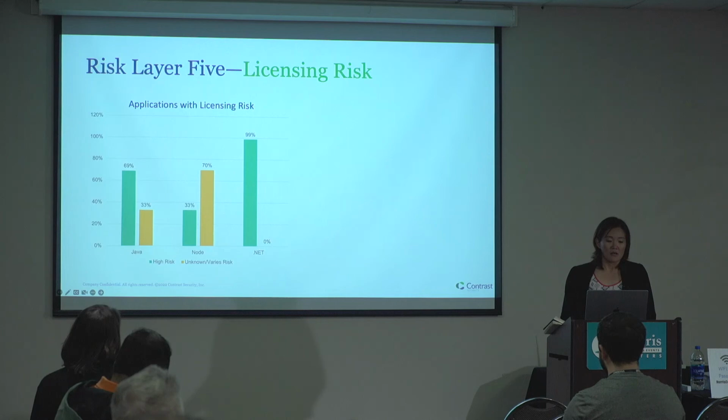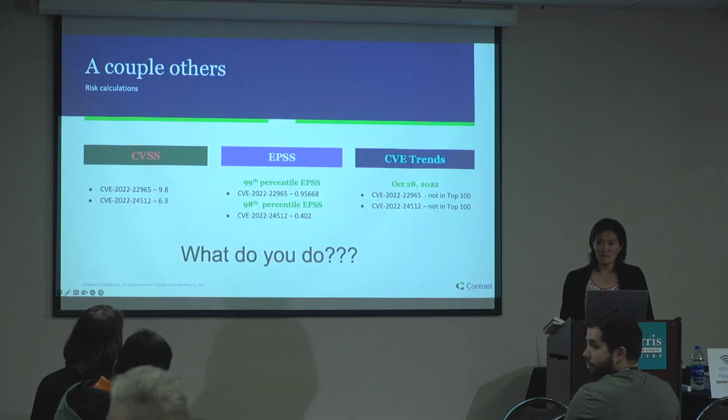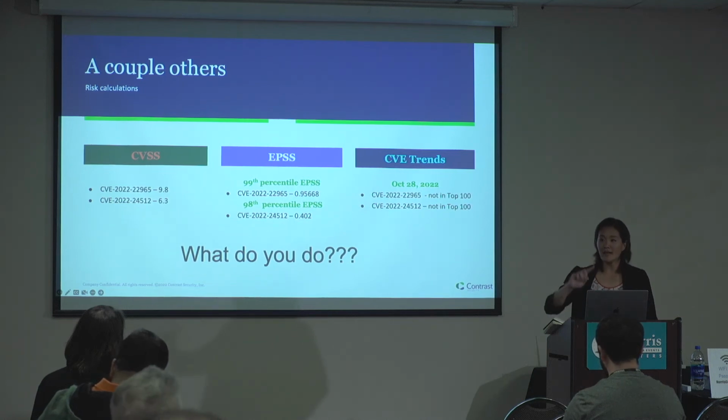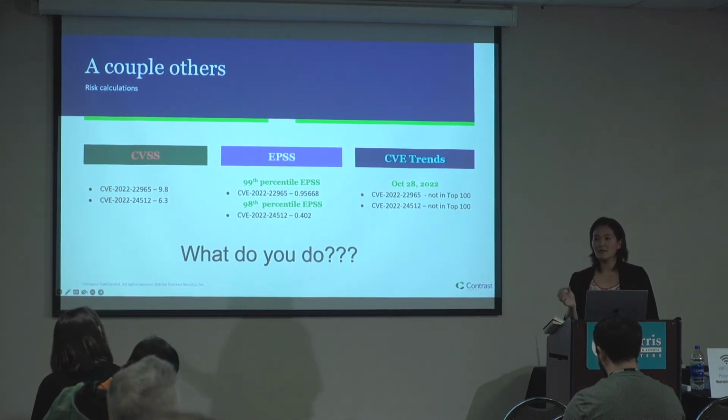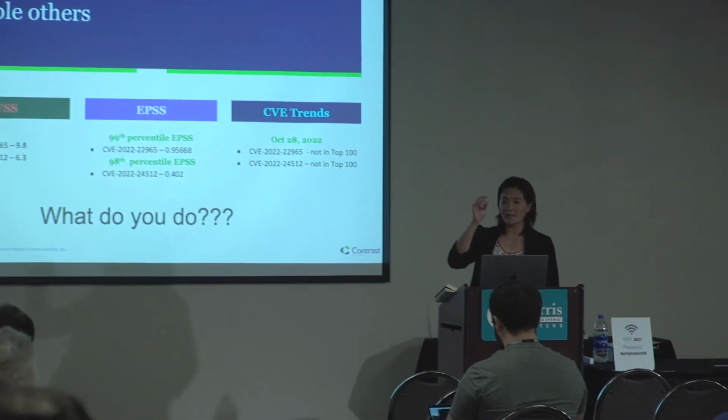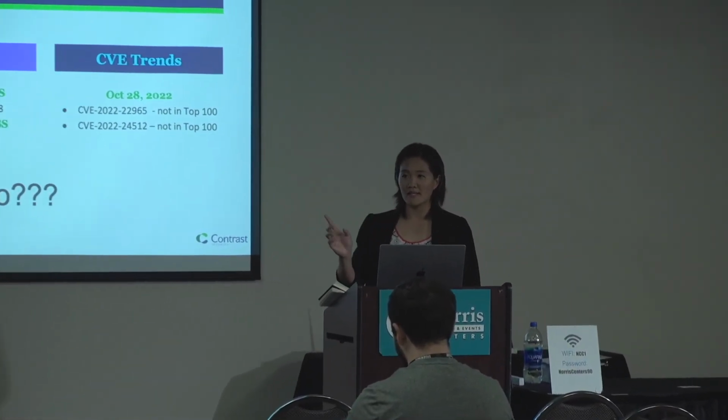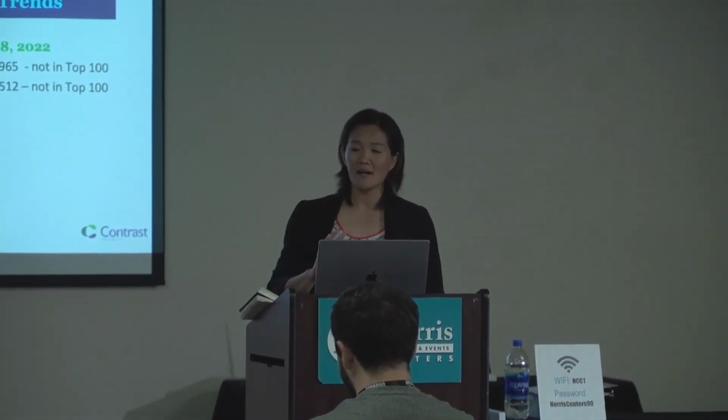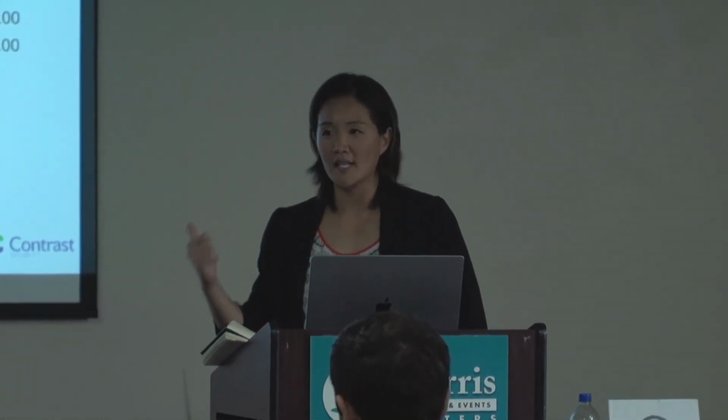Does that EPSS score increase over time? Because it gets worse over time. It can increase over time, but it most likely will decrease, because the more CVEs that come out, those are going to be a little bit higher in probability to exploit. It's the overall probability out of all the CVEs being exploited, how probable is that one particular vulnerability going to be exploited. So the more you add CVEs into that pile, if you add a whole bunch of lower ones, it's going to go higher. So yeah, it's just looking at it from an age perspective.